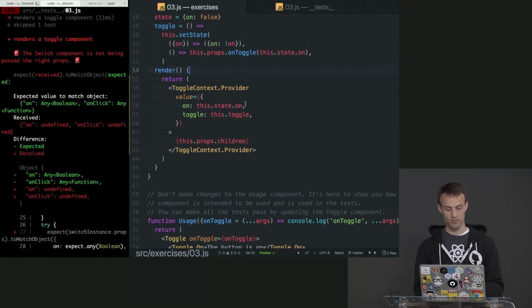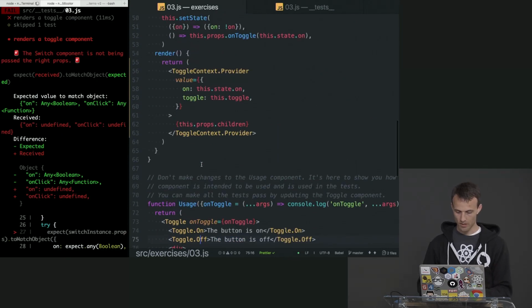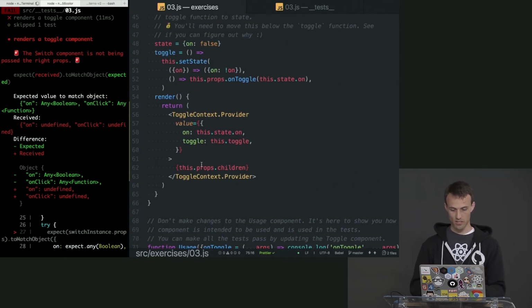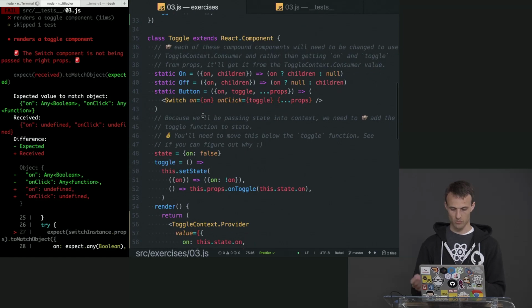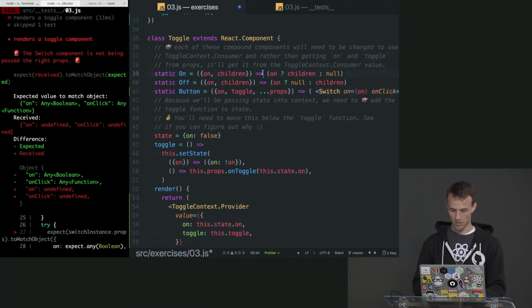Okay, still stuff is not working. We're not even providing it to on and off right now, because no longer do they need to get those from props. They will actually get all of that information from context. So I'm going to do this fancy thing, just to get all this stuff done at once. So we'll say toggle